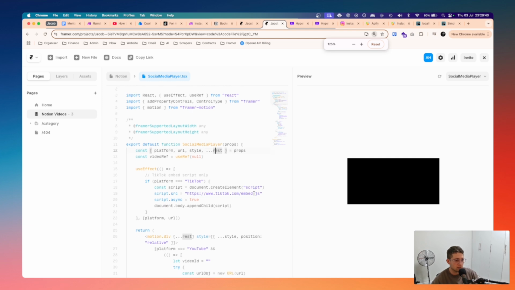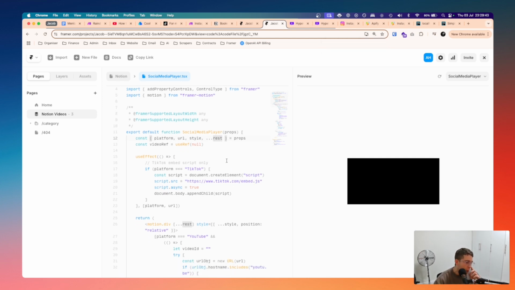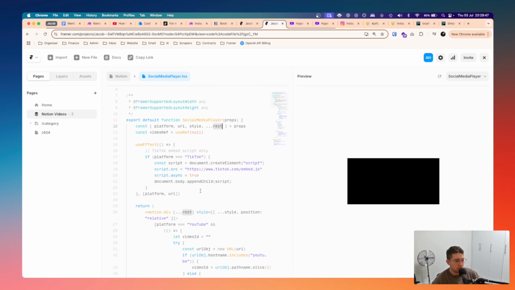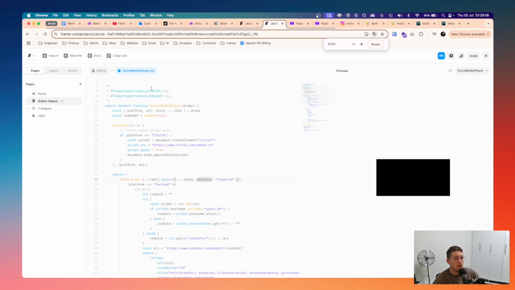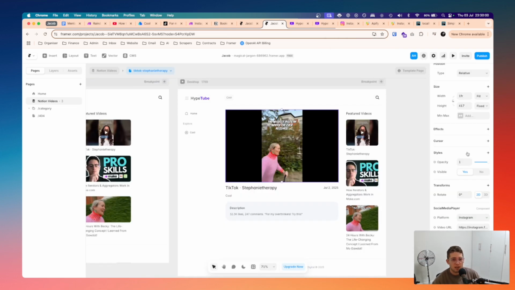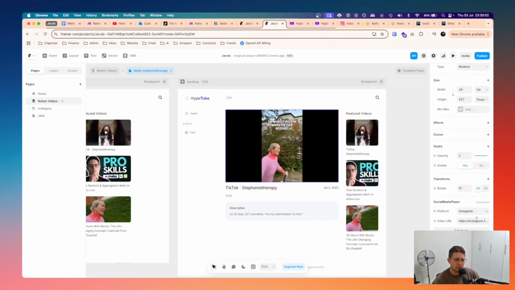There we go. This is VS Code's code editor under the hood. But we've got the rest here, and then you just pass in rest here, right? Awesome. Really like that. As well as style. So rest and style, and then you basically can tap into all of Framer's styling, effects. I think it's effects. But yeah.